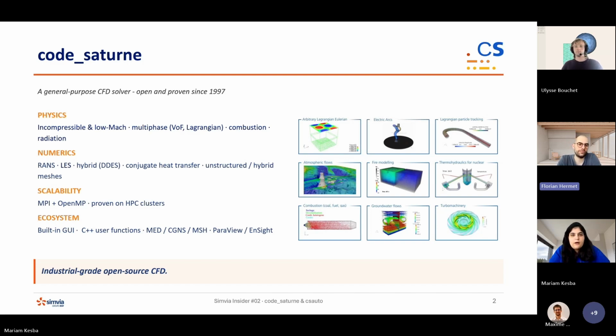If you take a look at the scalability, we can say that CodeStation is a massively parallel code. It has been proven on several HPC clusters, and many simulations were done with meshes that have hundreds of millions of cells. What is also really interesting is the ecosystem around CodeStation, which makes it very easy to use because